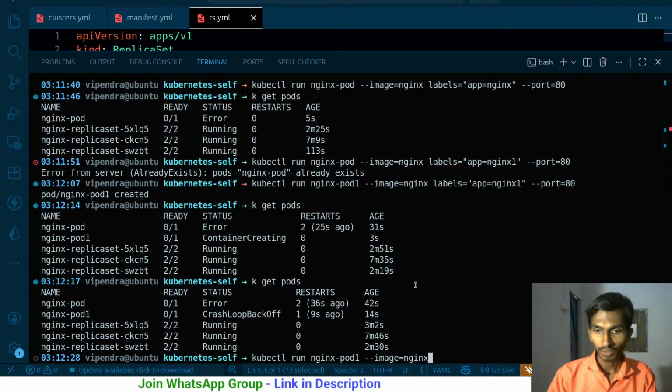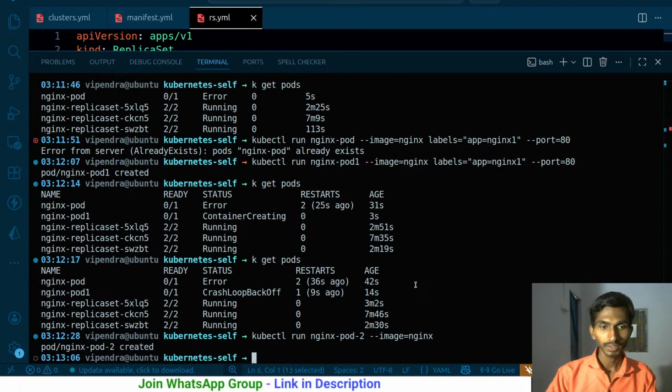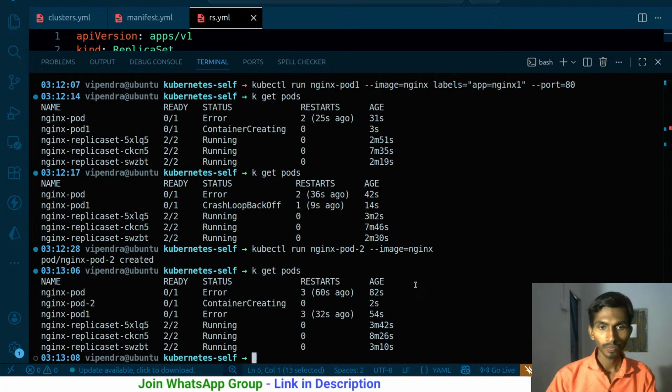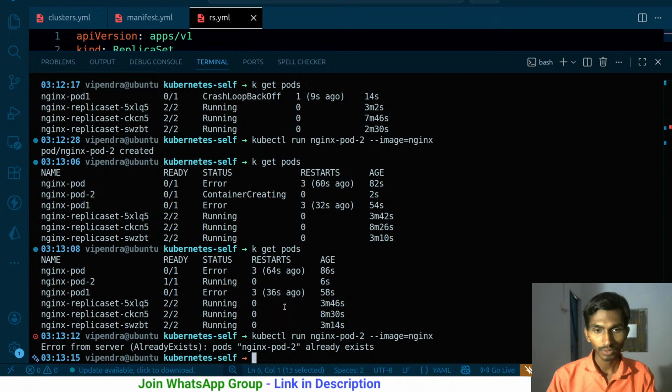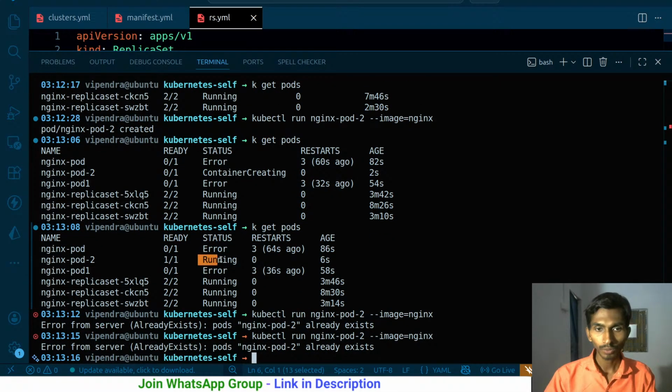From here I'm going to have this much, and pod 2 just like this. Let's simply run this. Okay, pods, this is getting created. Let's see what's going to happen now. So pod 2 is running now, that's fine. So ultimately that's not the problem from the replica side, it is running well. So in the first one I got the error for some reason, and I have to figure that thing out. So image